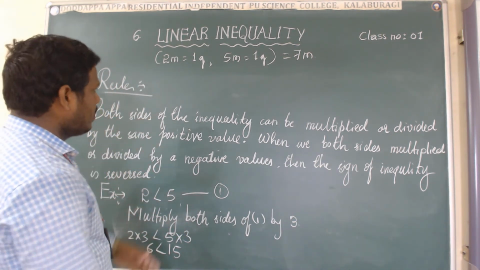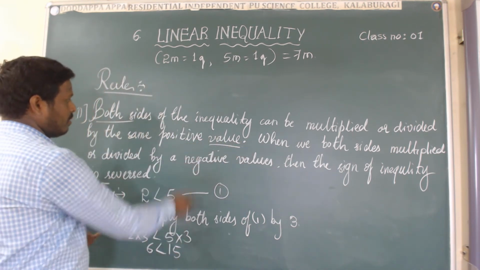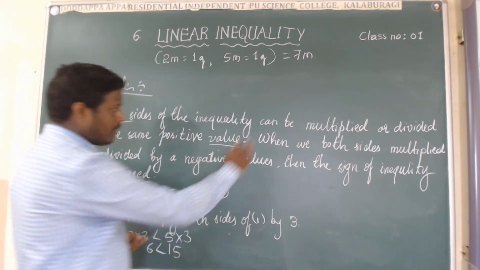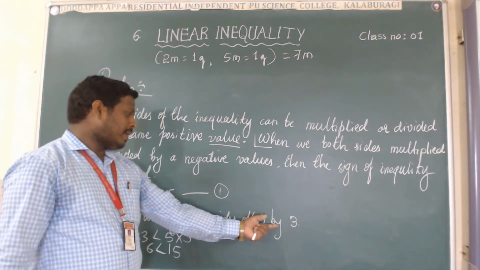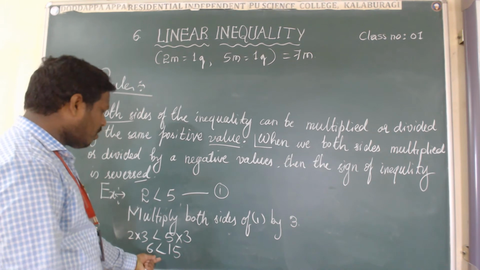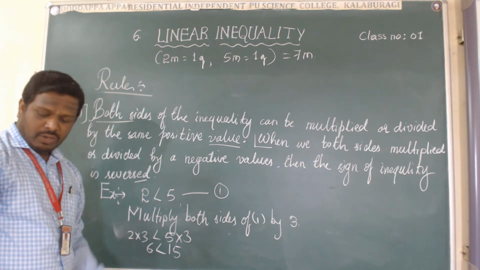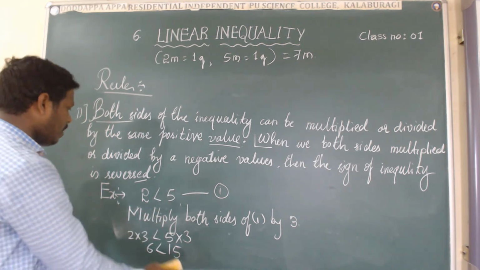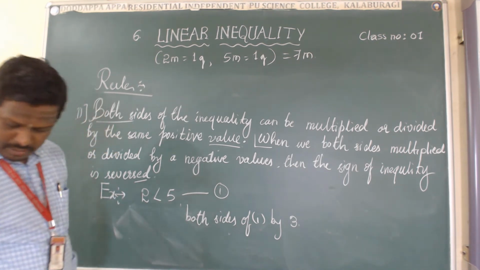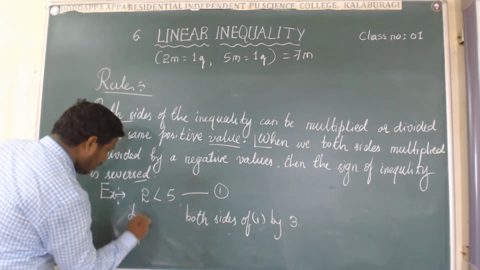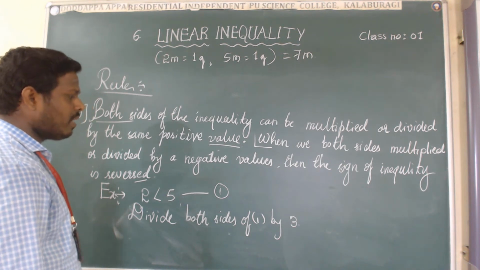That is the meaning of this point from up to here, and this is the meaning from here to here. When you come to the next point, from here to here, I am multiplying both sides by a positive value. Then you can't see any change in the inequality sign; it remains the same. Now I am going to divide, for positive values only. Think here: divide both sides of equation 1 by 3.